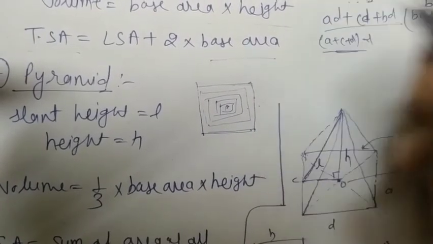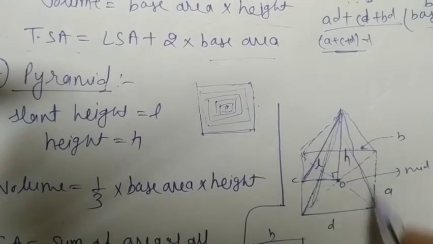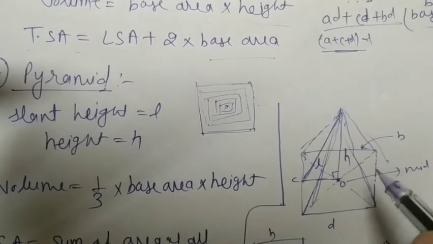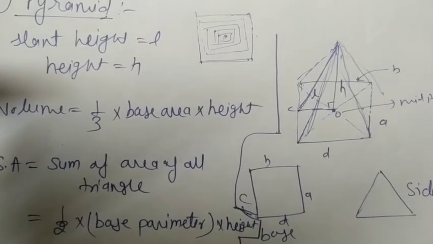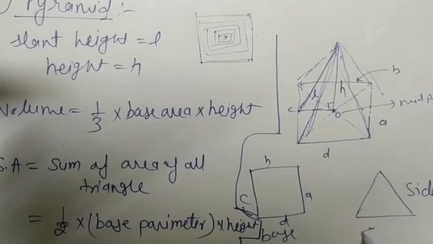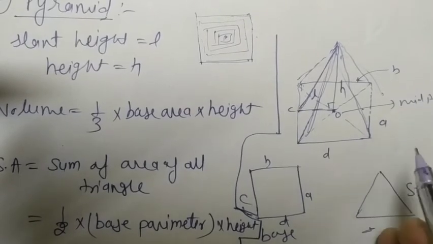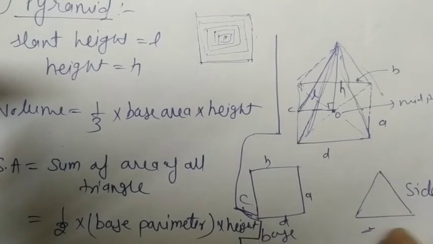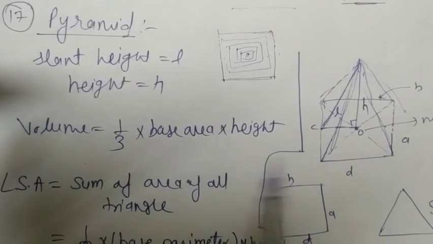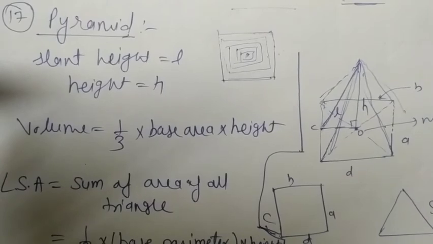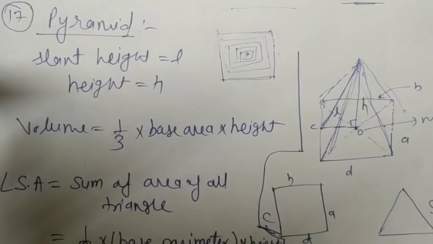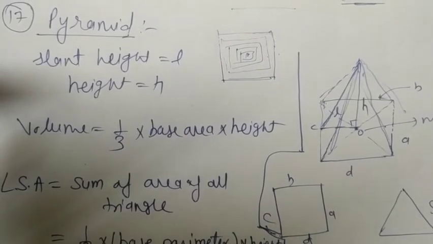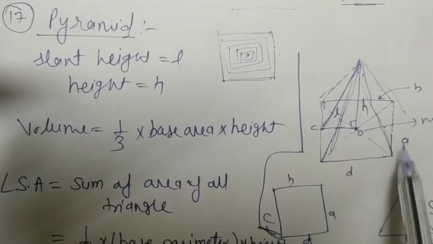So what will happen on the sides? They all will look like triangles. In the prism the side faces are rectangles, but in this case the side faces are triangles. And the bottom is maybe a rectangle or maybe a square, whatever is given in the question. So in this condition, it looks like a conical shape, but the base is not a circle here. You can understand it like this: it is just similar to a cone, but the base is not a circle.